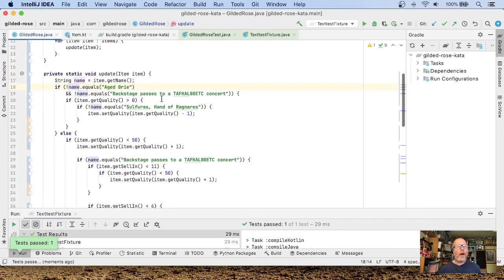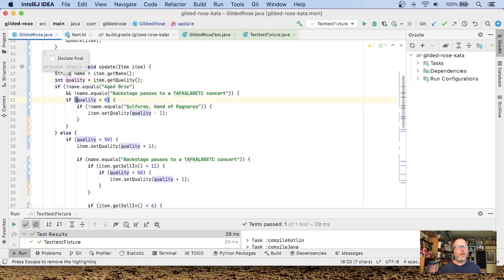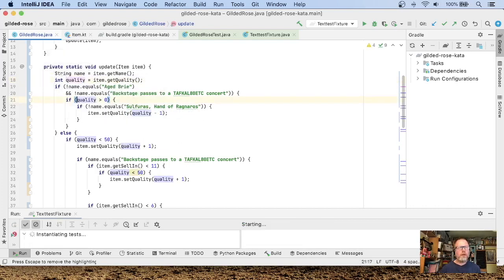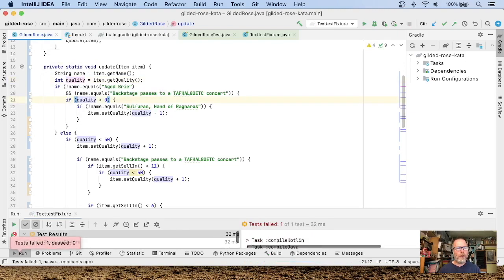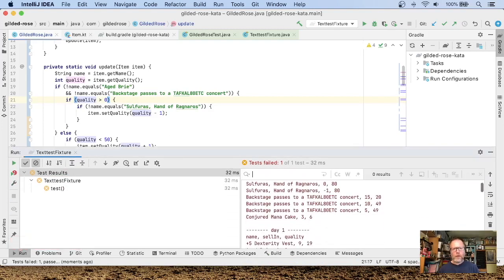And now we see we have quality. So let's see if we can do the same thing to that. Replace all 14 occurrences of quality. So we get the quality out the front. But now our tests are failing. And if we were to look at how they fail,